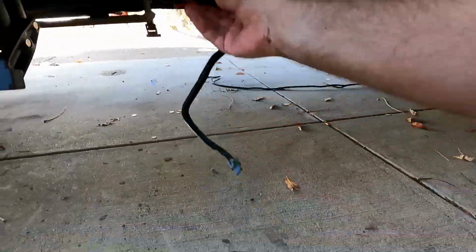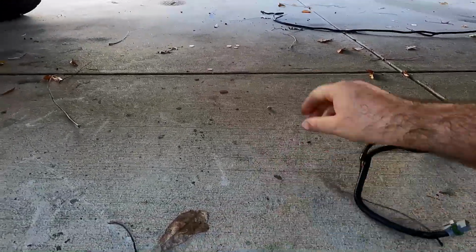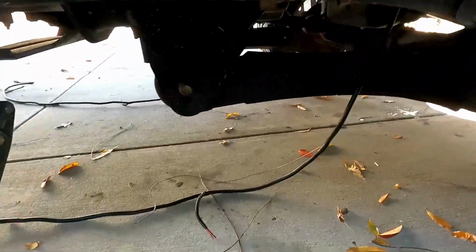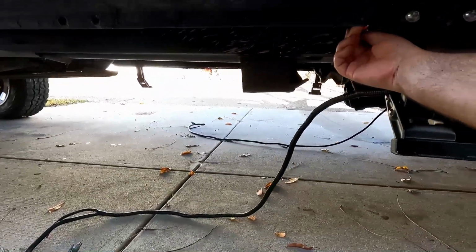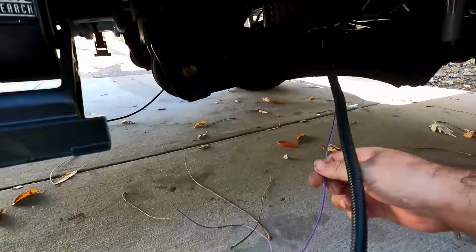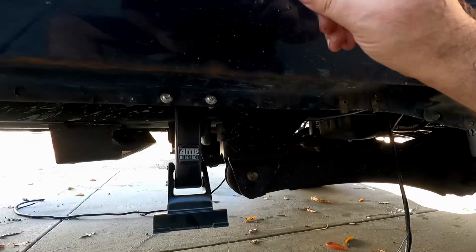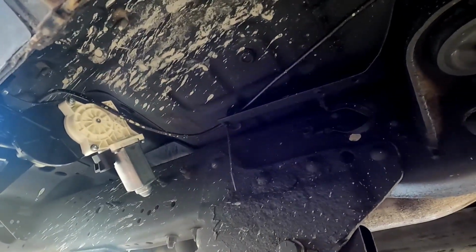Then you have this wire here, which will go through, and that's the little LED light for the back door, and then the same thing here, the black and red wire go to the LED for the front door. And then we have this purple wire, which we've got to go up through the floorboard, and there are little grommets in there. That's going to be fun to figure out how to get up through there, because I know